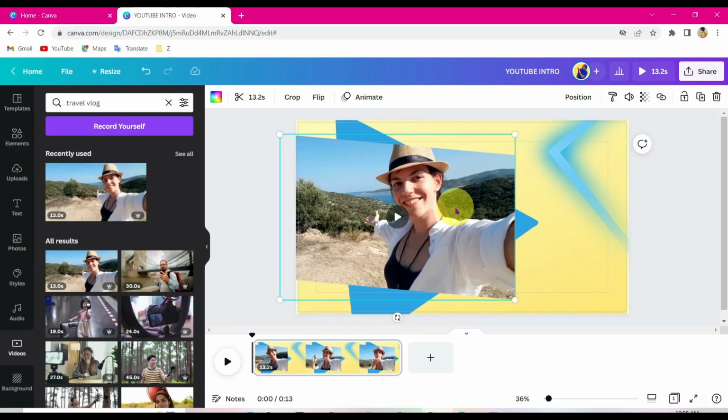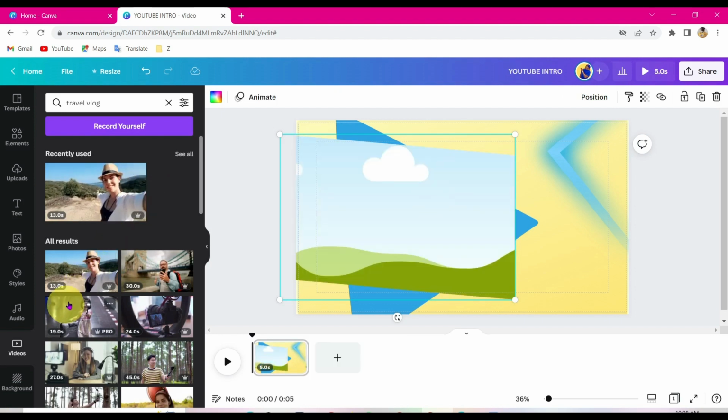So for example, if you want to insert a photo, you do the same process. So let's delete this one and go to photos